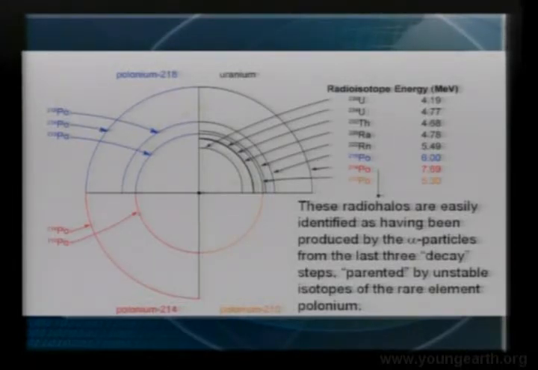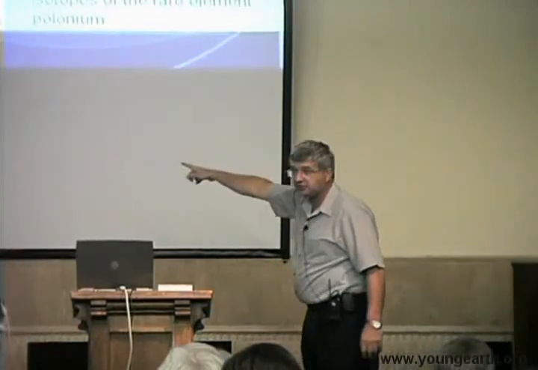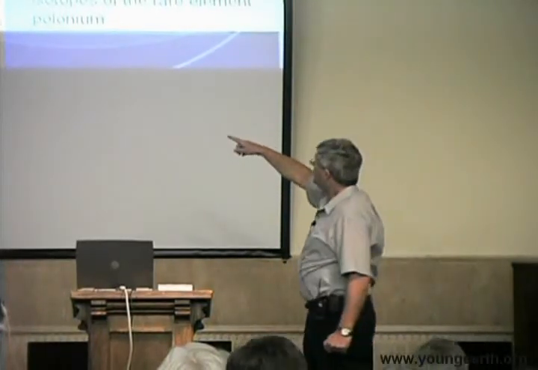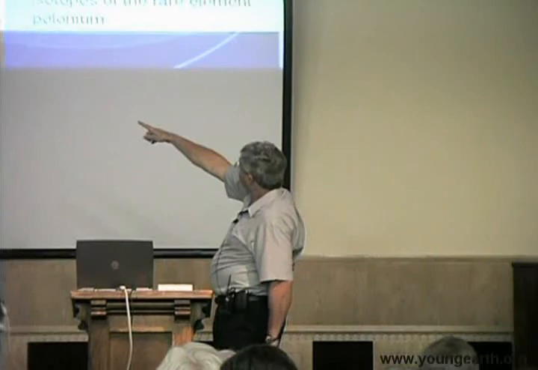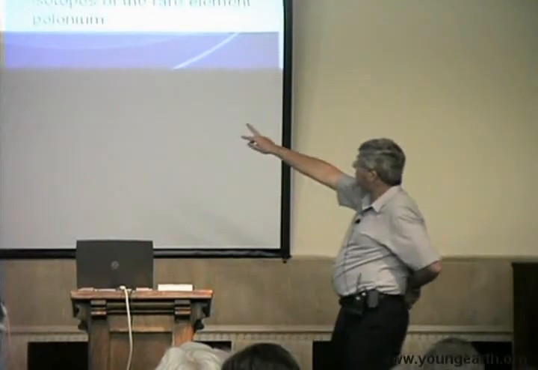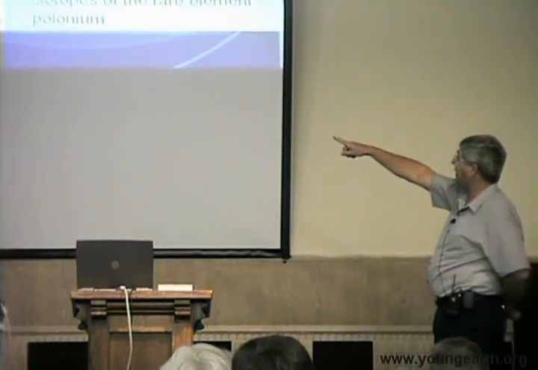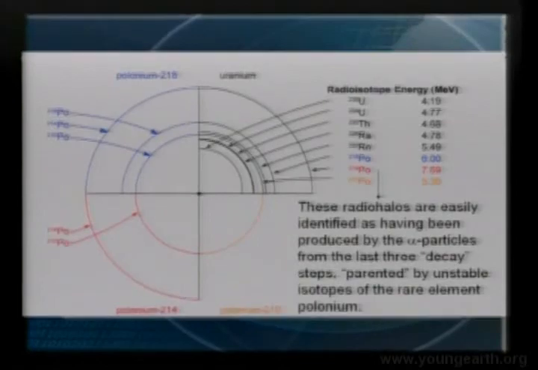Now, the 1 ring halo only has the ring for polonium-210, so we call that a polonium-210 halo. The red one, the bottom left here, it has 2 rings, the ring for polonium-210 and the ring for polonium-214, so we call that a polonium-214 halo. And the one with the 3